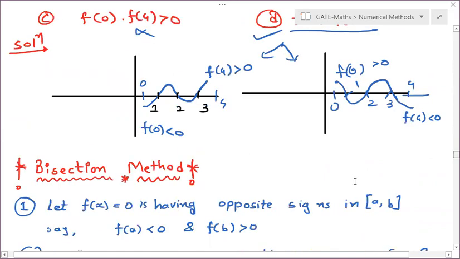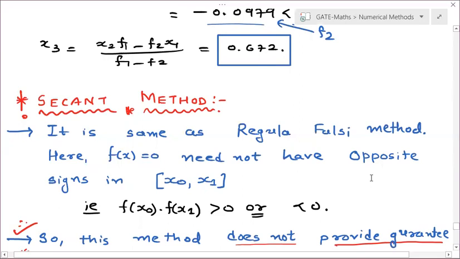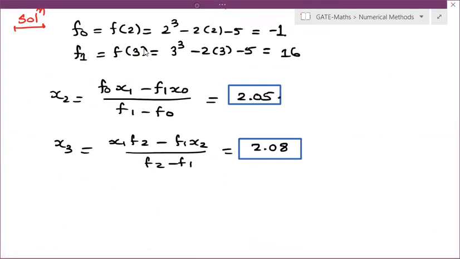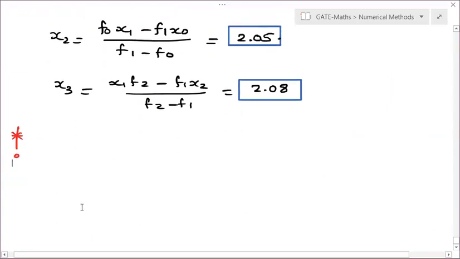This is our bisection method. After this bisection method, we have seen the Regula-Falsi method, and then the second method, and what is the relation between all of them. So let us analyze all these 4 methods and find their order of convergence. If you remember, in the Newton-Raphson method I showed you that its order of convergence is 2, isn't it? It has quadratic convergence. That's why f double dash x should not be equal to 0.